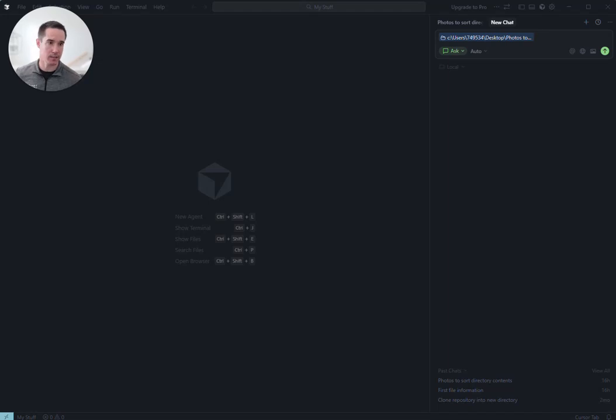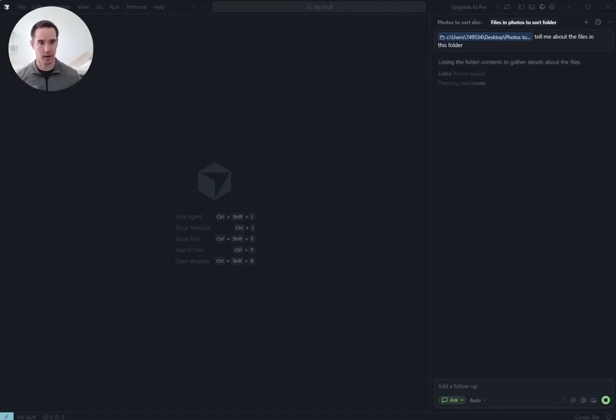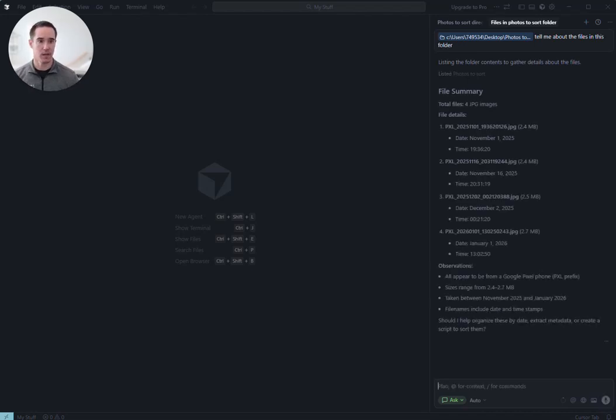And to provide the AI some context, we'll say something like, tell me about the files in this folder. So it's going to take a minute, it's going to parse out the contents. Maybe it'll tell me about how the photo file names start with a year, then a month, then a date, and then they go into time increments for hours, minutes, and seconds, and that's exactly what it's called out here, including the fact that I'm a